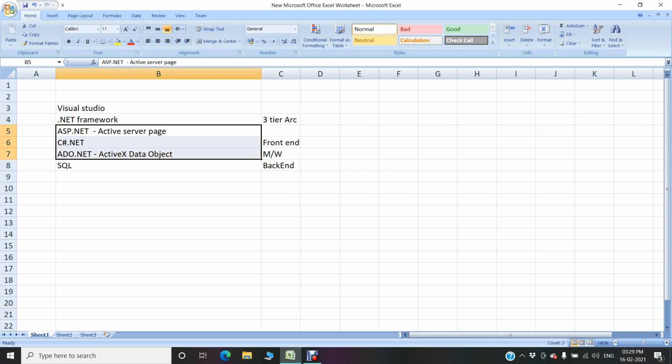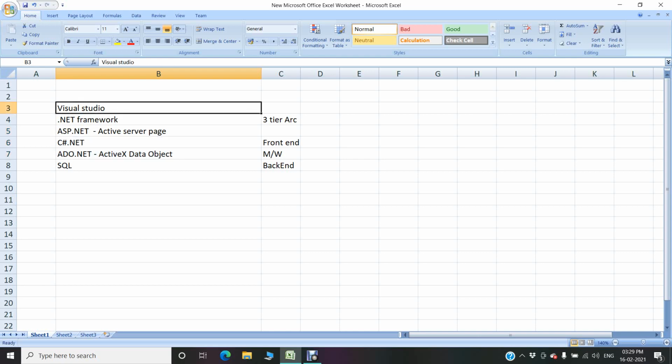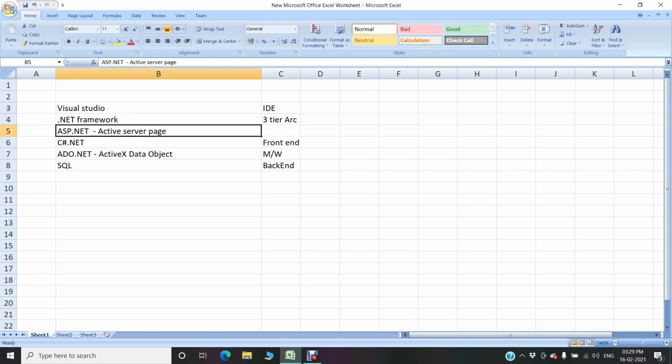Now I'll come to what is Visual Studio. If someone asks you what is Visual Studio, your first answer should be that it is an IDE. IDE means Integrated Development Environment. That's very easy. I am integrating my ASP with C Sharp, with ADO.NET, or I want to integrate with MTM, some testing tool, with IntelliTrace, with Ajax. So I'm integrating my project with other tools. For that I use Visual Studio.